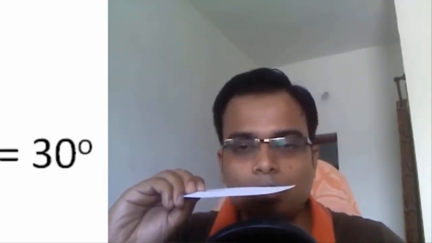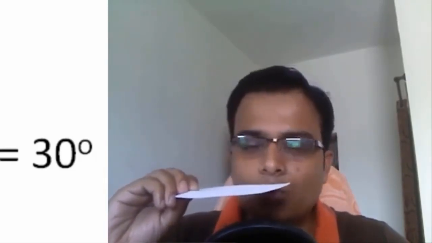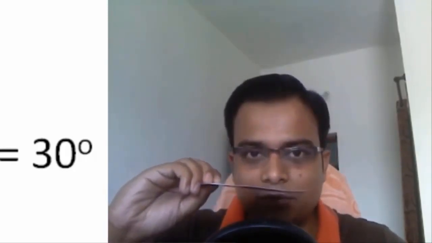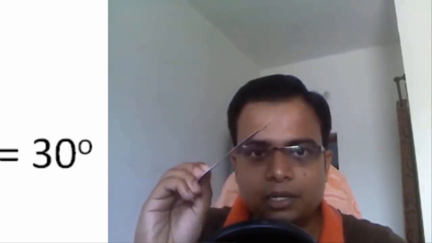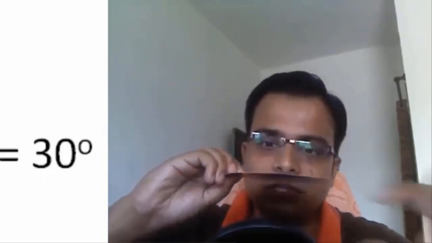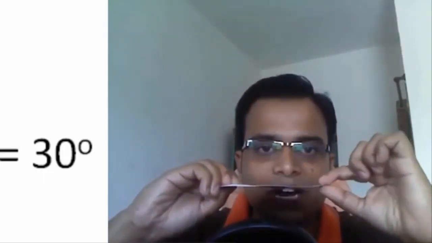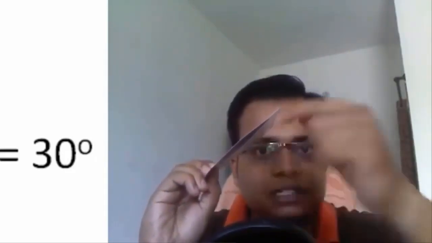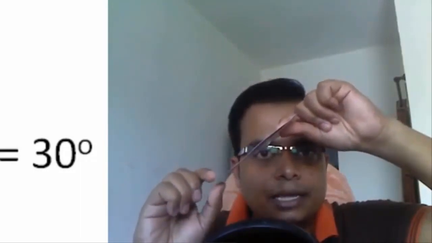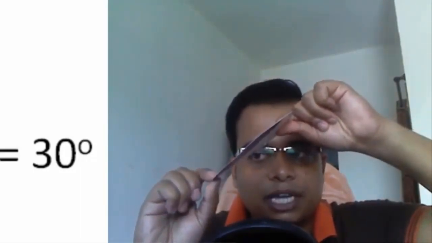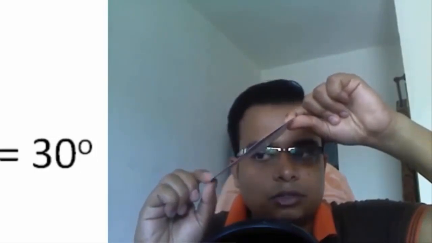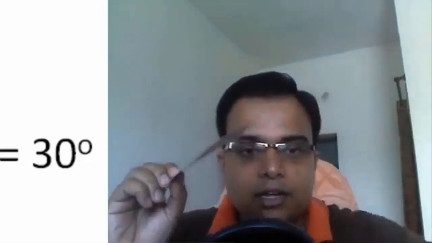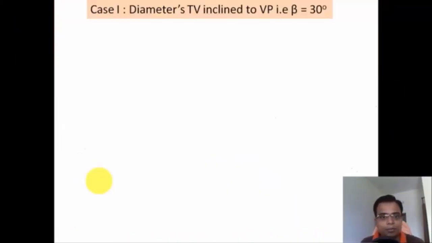Now coming over to step 2, what happens? Basically we go for surface inclination, and this is exactly what we're going to do. Surface inclined to HP, this angle of 45 degrees can be seen from the front, and therefore you can say that this front view, which appears in the form of a line, will be reconstructed, or rather recreated, at an angle of 45 degrees, making sure that this point A still remains grounded. Okay, so this is diameter AB. So this is point A which still remains grounded. Fine. So let's go ahead and do the construction. Case number 1. Here we go.